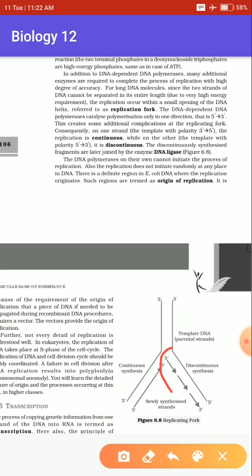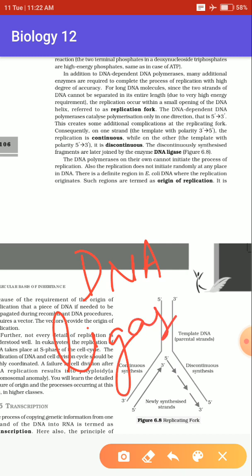And these fragments of DNA, we cannot possess so many DNA strands, because we know that each of these segments will give us many DNA strands, right? So we cannot afford so much DNA. Because of that, these DNA fragments are combined together with the help of another enzyme, which is known as DNA ligase. So this enzyme joins these DNA fragments, and then, as we already discussed, each of these strands forms a new strand of DNA.